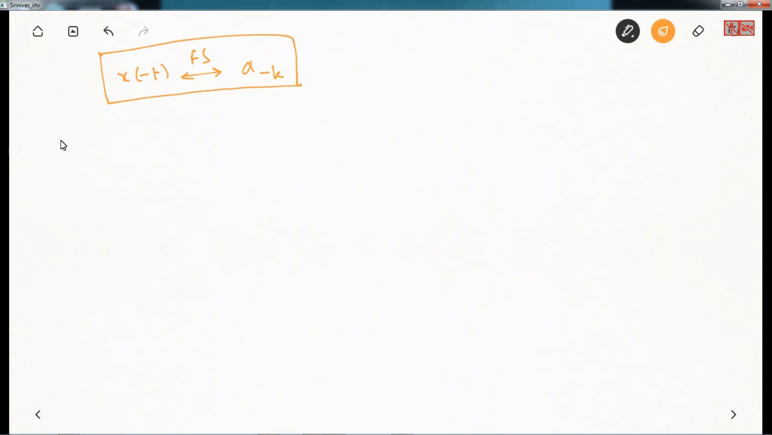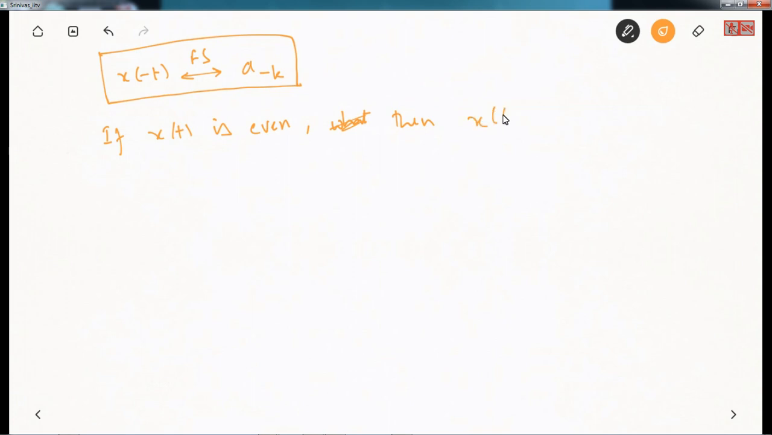So now, as an exercise or as a question, what can we do? What happens if x of t is even? It's a very simple one, so we need not have this as a question. So if x of t is even,